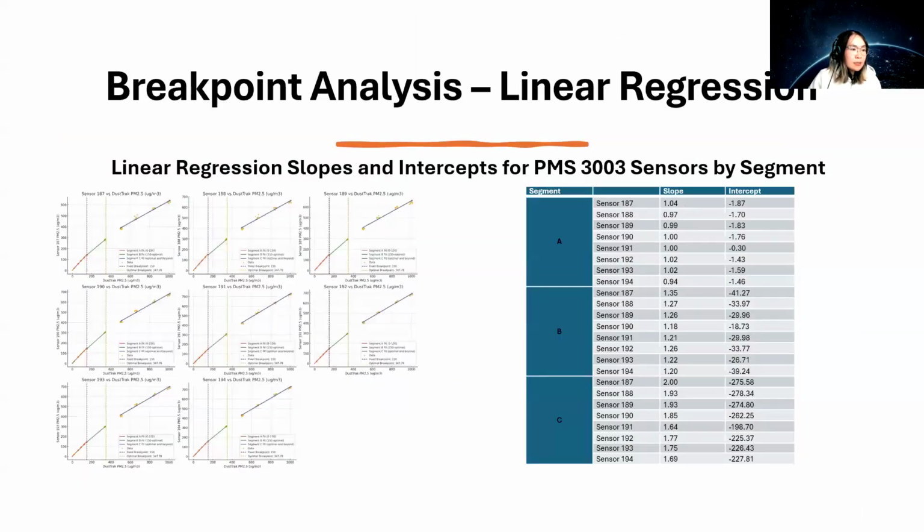Now we're taking a look at the breakpoint analysis. First, we'll look at the linear regression. In segment A, the sensor exhibits a strong linear response in this range with a slope close to 1 and a minimal intercept. This indicates that the sensor accurately measures the PM2.5 concentration at the lower levels. For instance, sensor 187 has a slope of 1.04 and an intercept of minus 1.87, suggesting a reliable linear